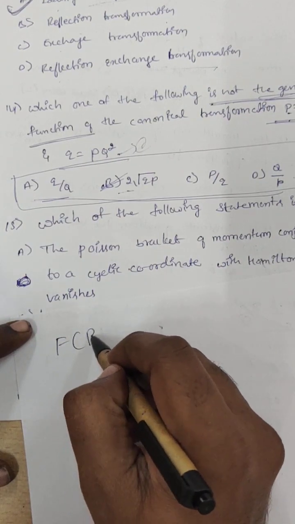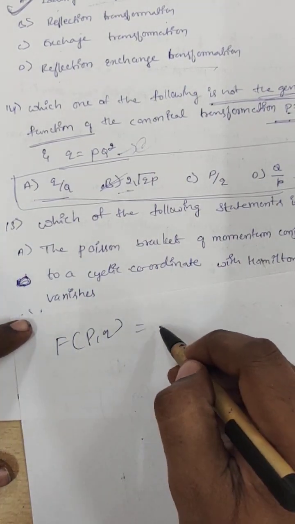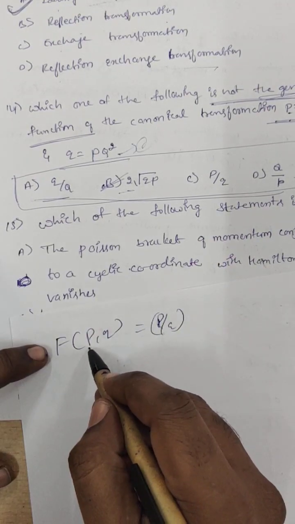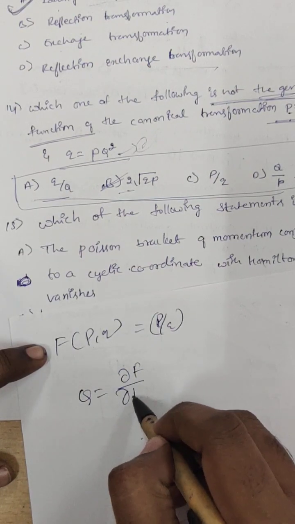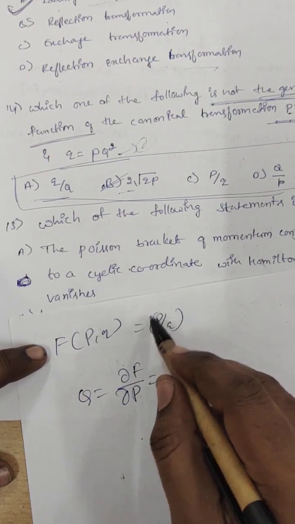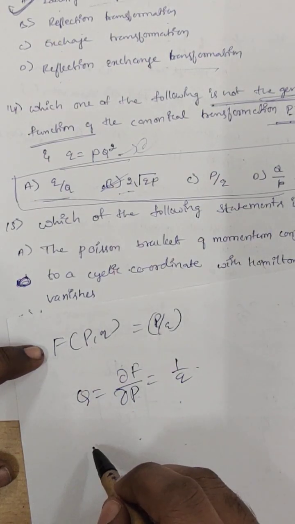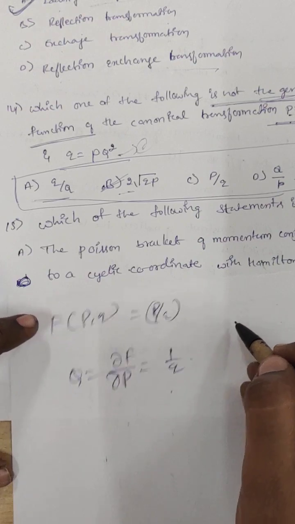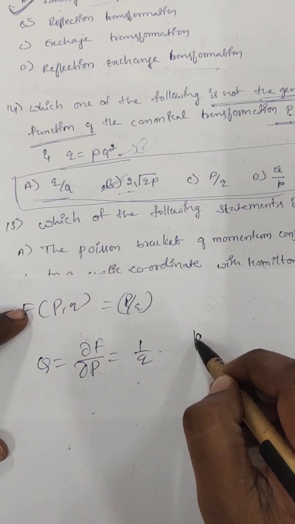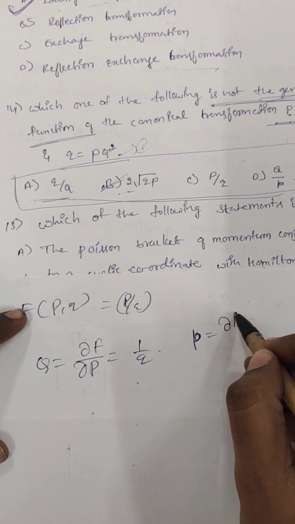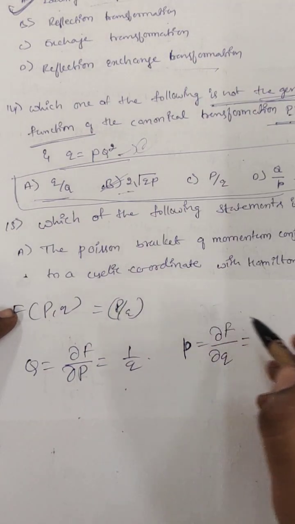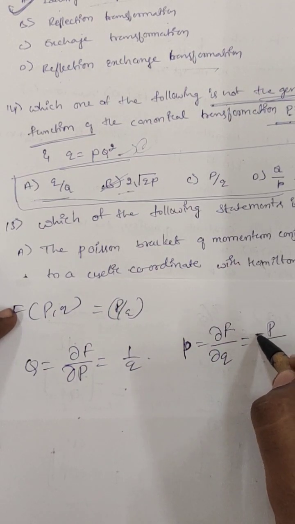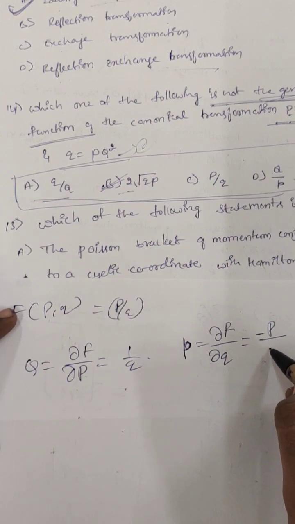So that is f of P comma Q, which is equal to P by Q. Which is missing? Capital Q is missing, and which is present? Capital P is present, which is equal to, differentiating with respect to P, we will get 1 by Q. And from here again small p is missing, and so dou F by small q is present, which is equal to, differentiating this, we will get minus p divided by q square. Okay, so therefore